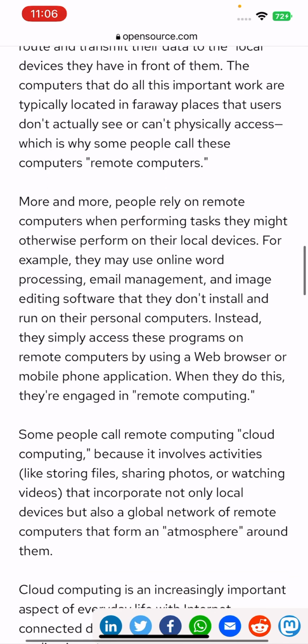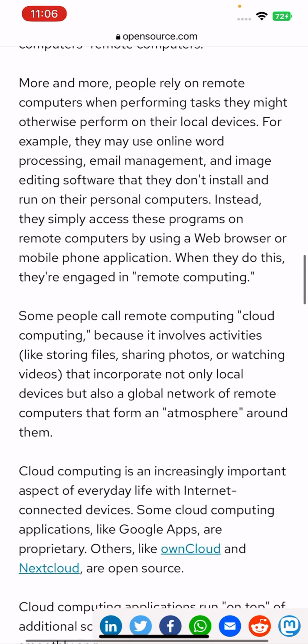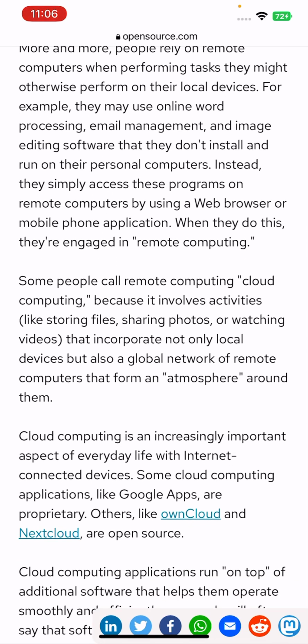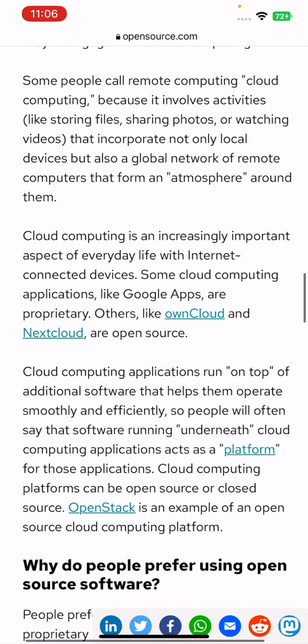Some people call remote computing cloud computing because it involves activities like storing files, sharing photos, or watching video that incorporate not only local devices but also a global network of remote computers that form an atmosphere around them. So cloud computing is an increasingly important aspect of everyday life with internet-connected devices.